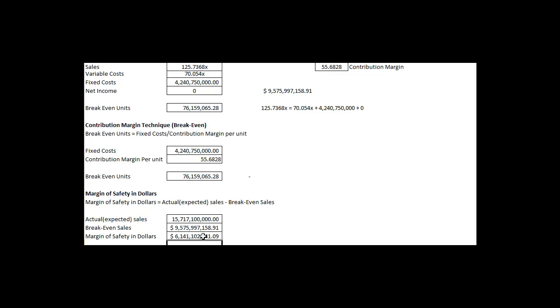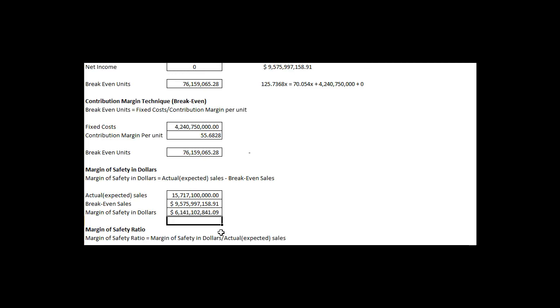So that's the margin of safety in terms of dollars, which is nice to know, but I might also want to convey that in terms of a percentage, because dollars can be very large and not very meaningful when talking in abstract terms. So the margin of safety ratio takes the margin of safety in dollars, which we just calculated, and divides it by the actual or expected sales, which we figured out from the data given to us. And if we perform this math,